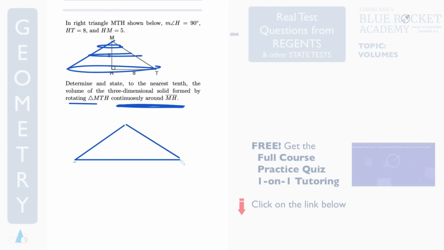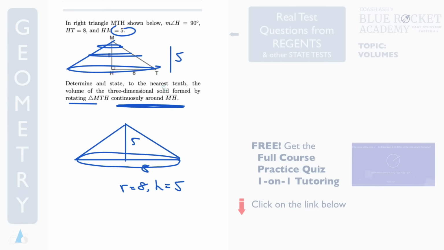Let me redraw this cone over here like this. So when you redraw this cone, you'll see that this height over here is 5, because the height originally is 5. And then this radius over here is 8. So really it's a cone with radius 8 and height of 5. And now they're asking you to find the volume of this cone. So the volume of this cone is just 1 over 3 pi r squared h. Remember, don't forget the 1 over 3. So 1 over 3 times 3.14 times 8 squared times 5, and that's going to give you your answer, and the answer is going to be